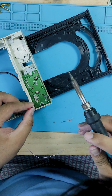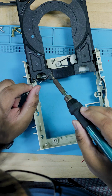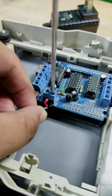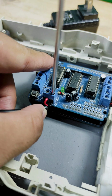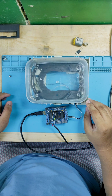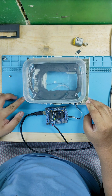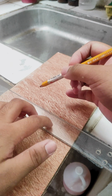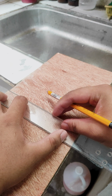Next is putting a wire from the DVD-ROM motor going to the Adafruit motor shield. After that, connect the 5V power supply to the motor shield. And now, put the Tupperware on top of the DVD-ROM and see if it is working. Now that it is working, we are going to create the base plate of this project using some wood